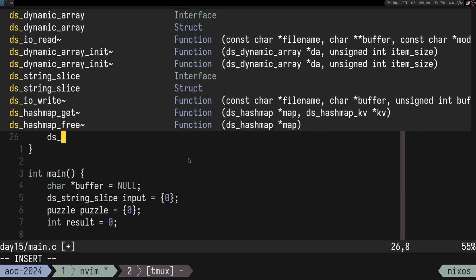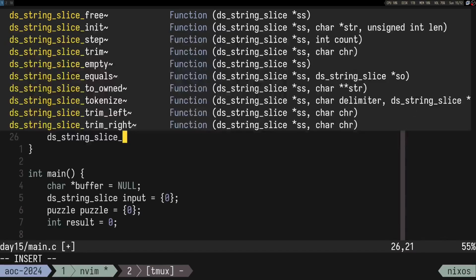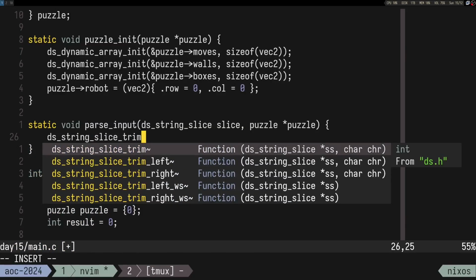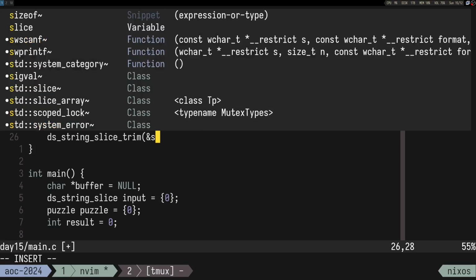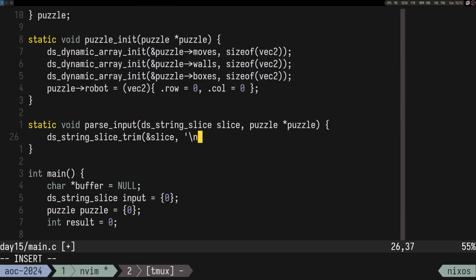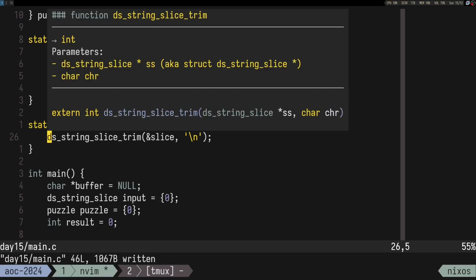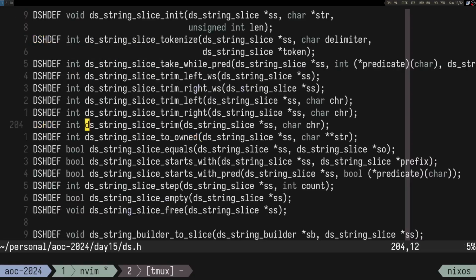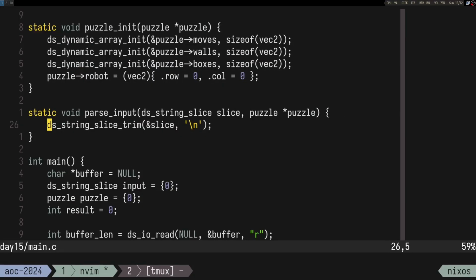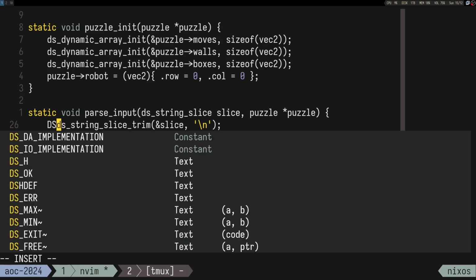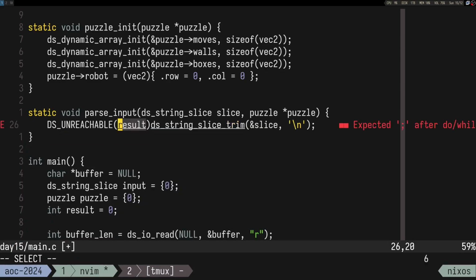That's something like slice. I mean, first of all, let's trim left, or I guess trim in general. We trim our slice with white space basically. Yeah, so I mean this one can fail, but oh, you know what, I have unreachable, like